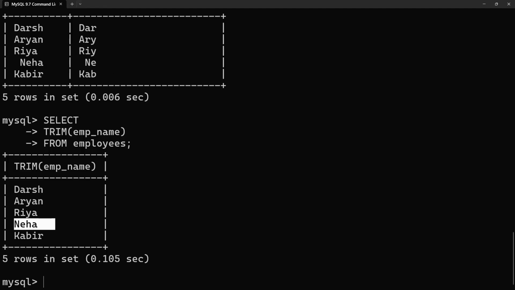It is the next type of function: the numeric functions. And the first function which we'll be studying is ROUND. Round means rounding off to the nearest decimal space. Let's understand what it does